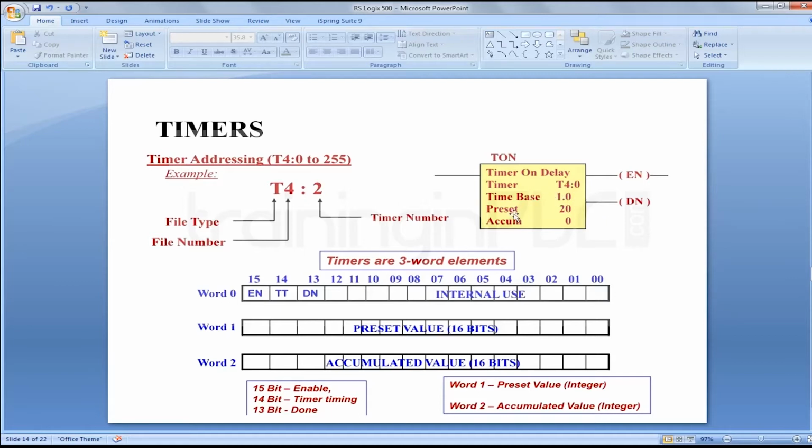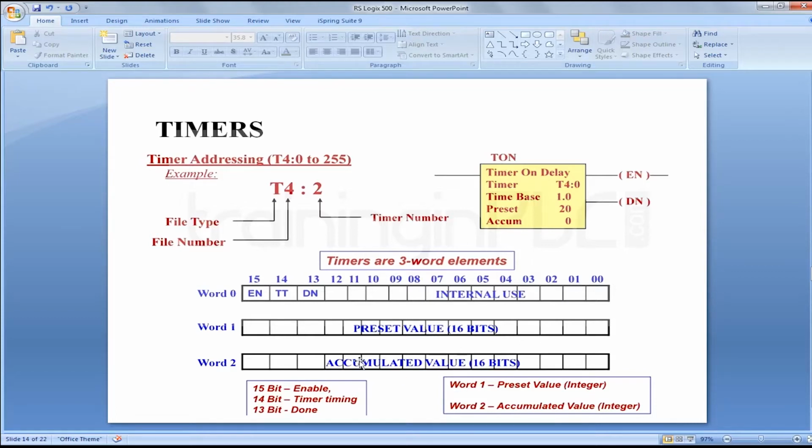And preset is the value you need to give for how long it should run. For example, for the timer operation you may set 5 seconds, 10 seconds, maybe 10 minutes. That duration is the preset value. That is 16-bit, it will occupy 16 bits.